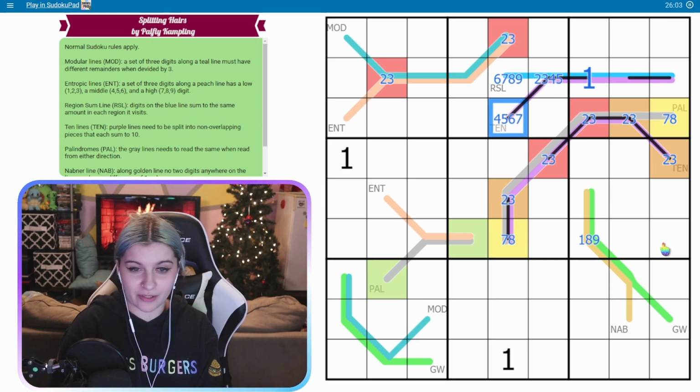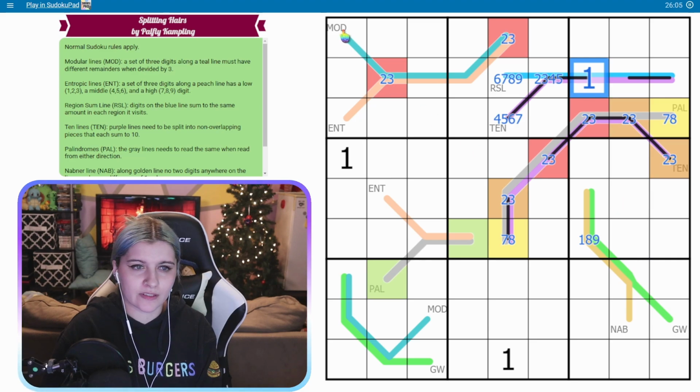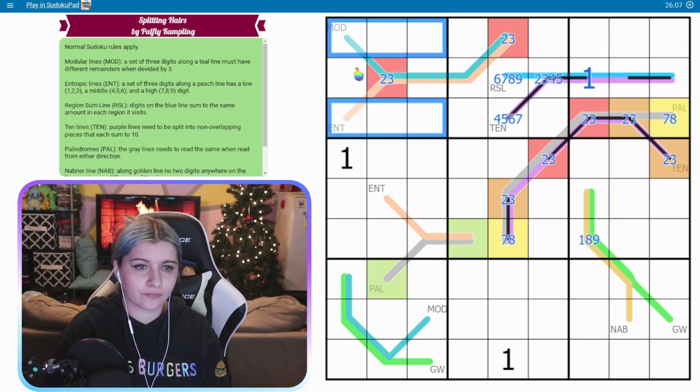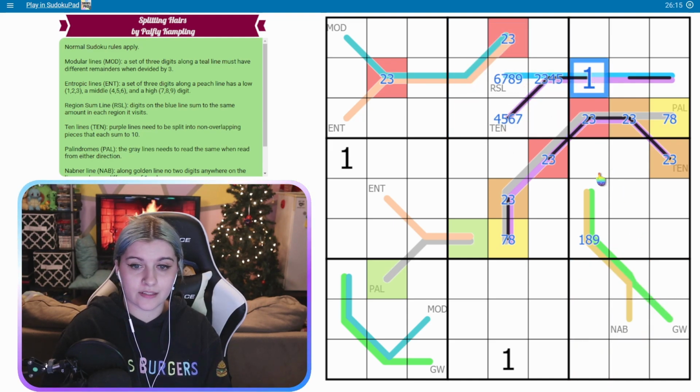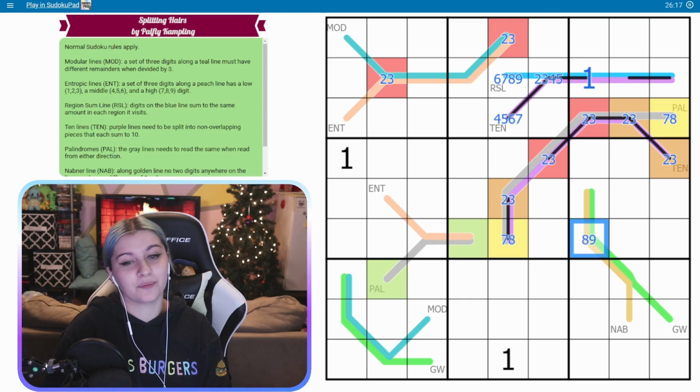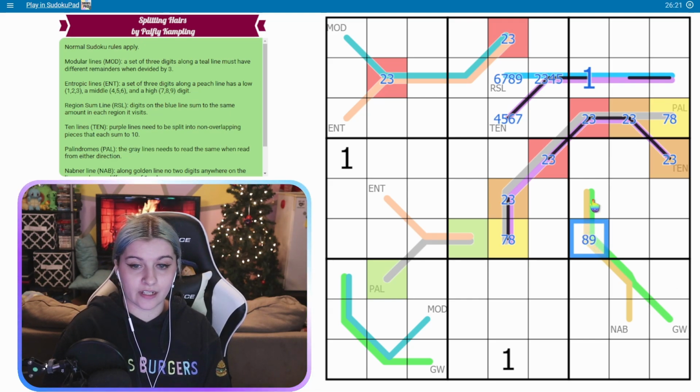Now I feel better about that. Okay, can I place more 1s now? Like, what about a 1 in here? No. A 1 in here? Nope. This can't be a 1 anymore, so I know it's a high number. Oh, that's excellent. For my German whisper, this is an 8 or a 9, meaning this is going to be